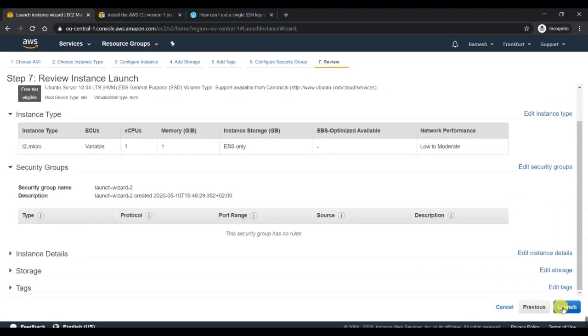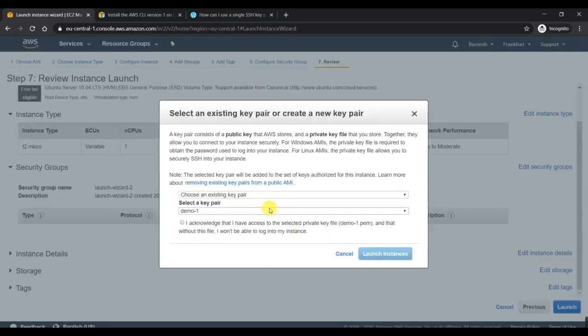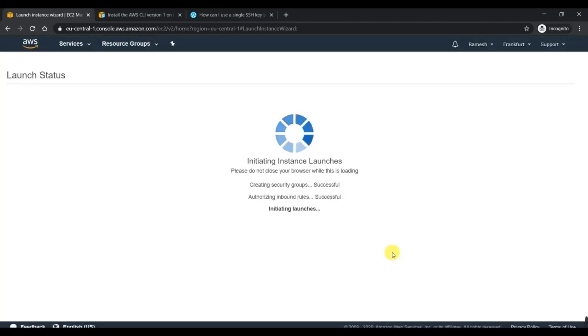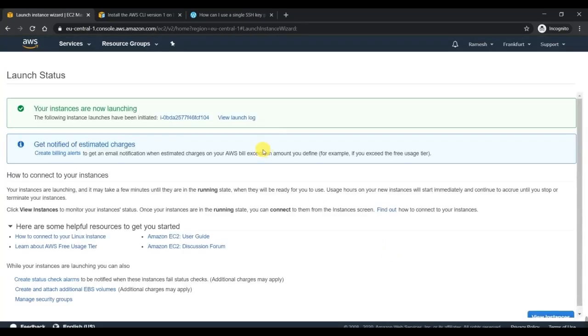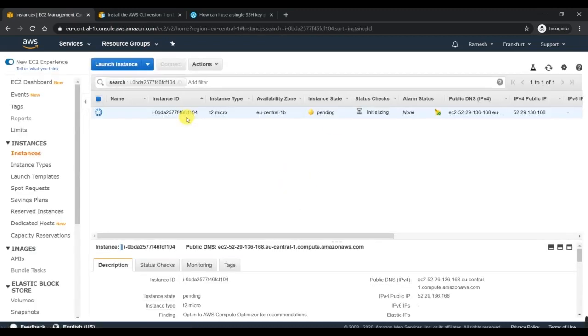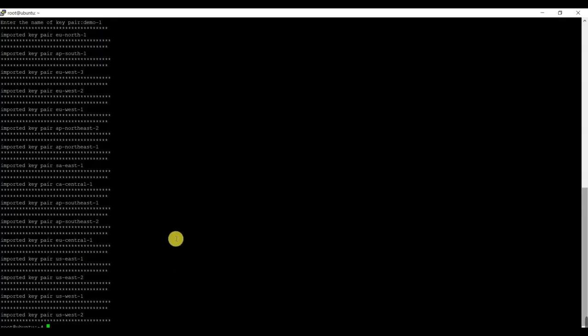Then click on launch and select the key pair which we have imported recently, in my case demo1, and click on launch instance. Let's wait for a few minutes. If you see, my instance got created.